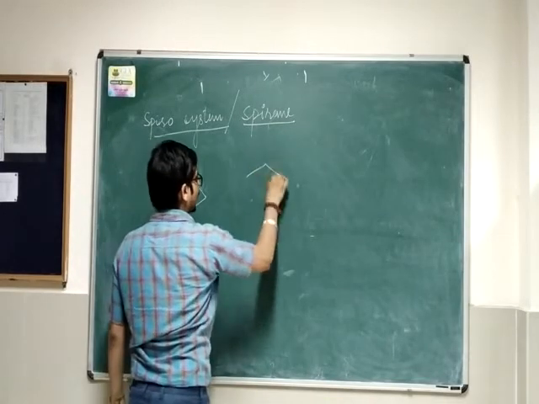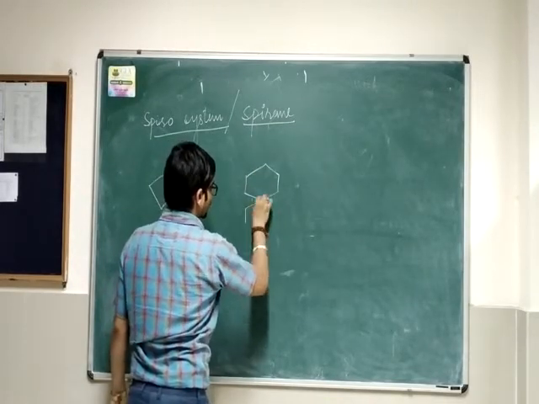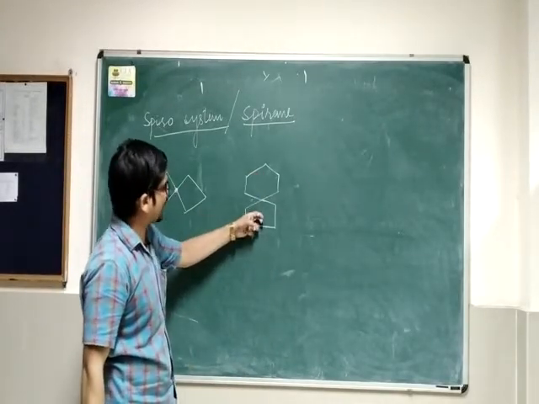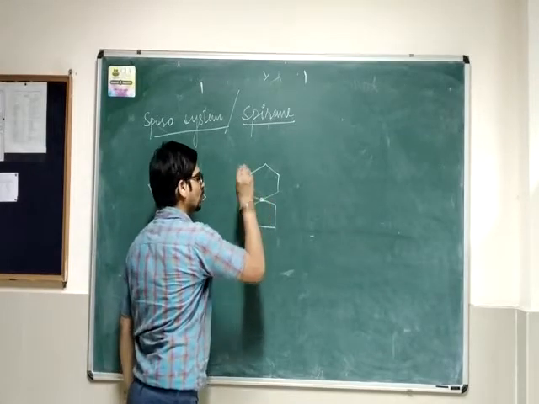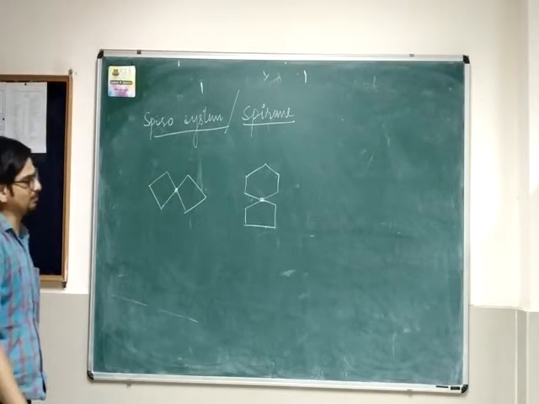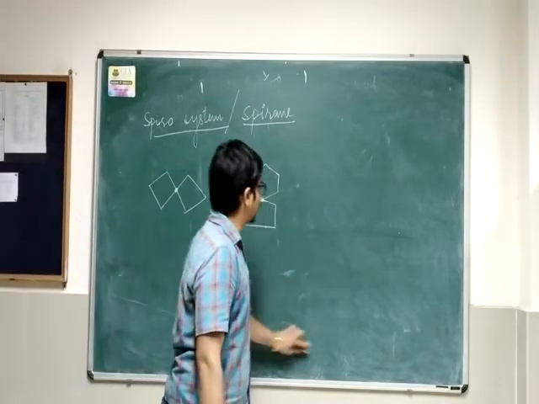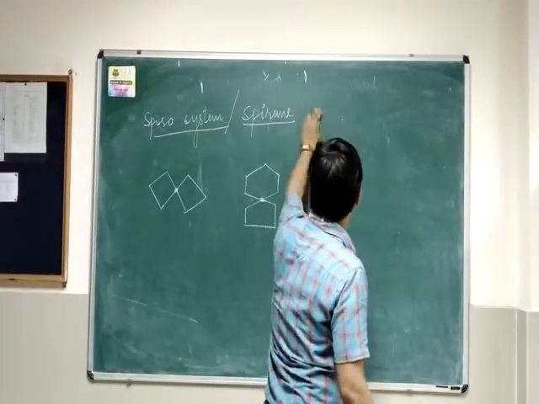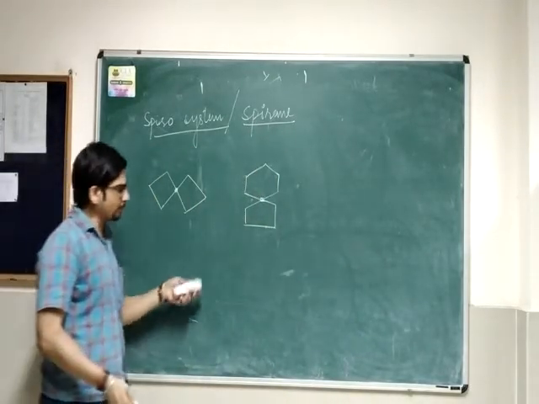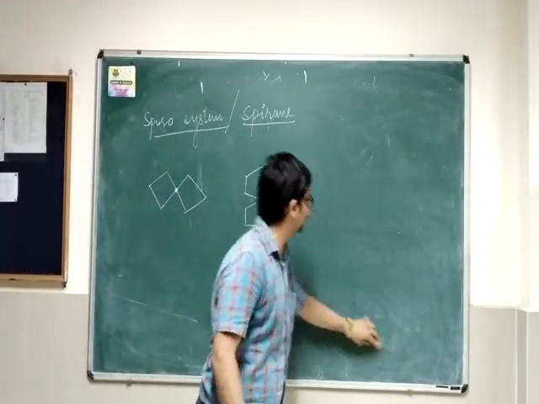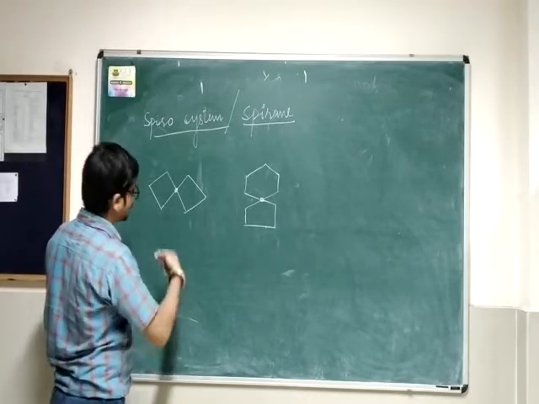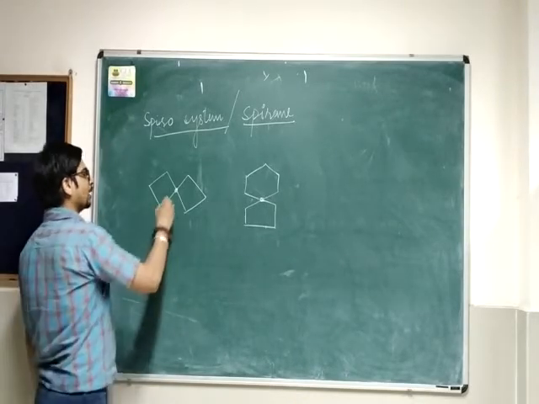Similarly, we can take this example. So in this example you can see a 6-membered ring and a 5-membered ring connected through 1 carbon atom. So such a system will be named as spiro system, spirane. Their IUPAC naming is a little bit different from the IUPAC naming of the bicyclic bridge head or fused system. So how will you give the numbering or nomenclature of such a system?